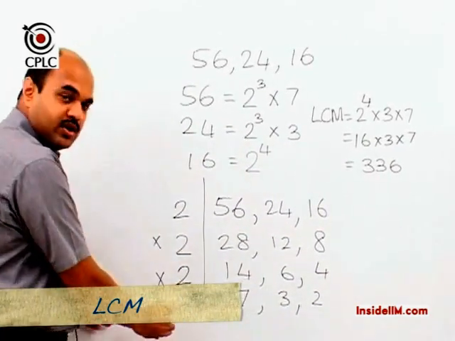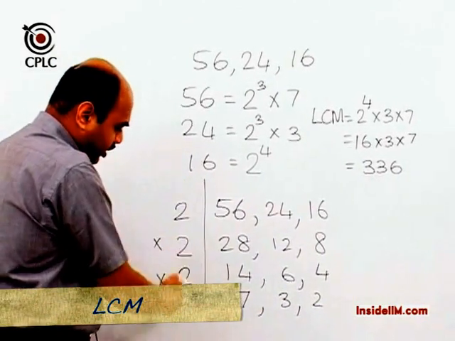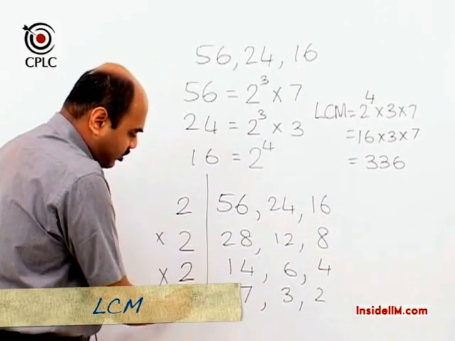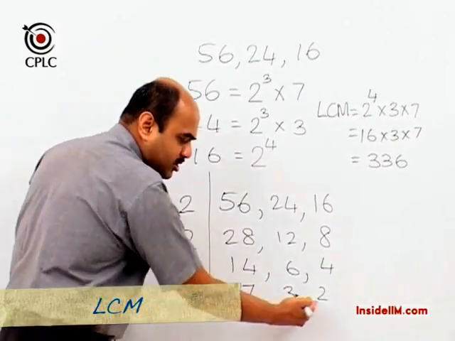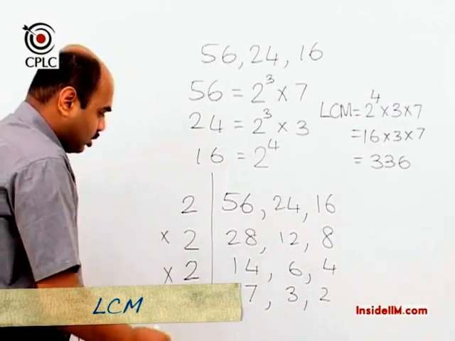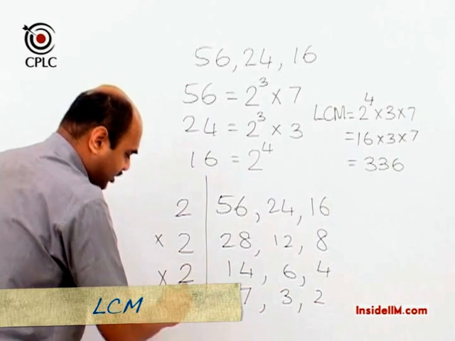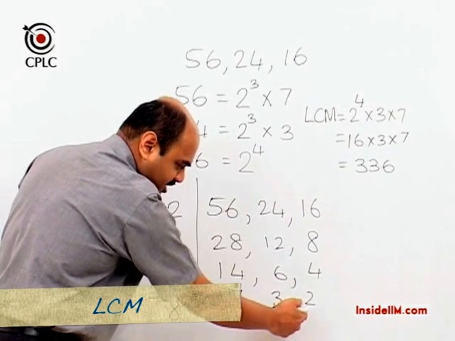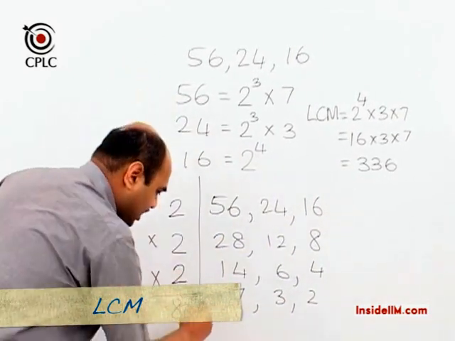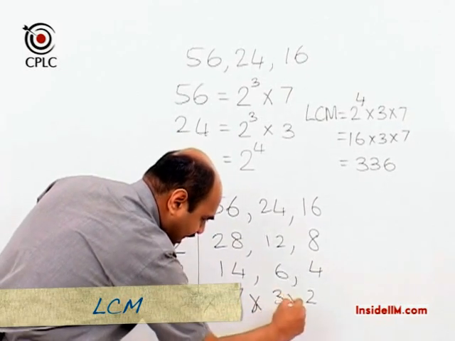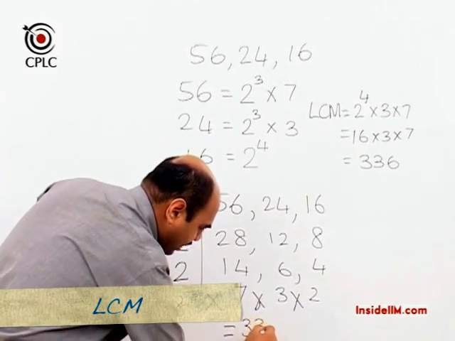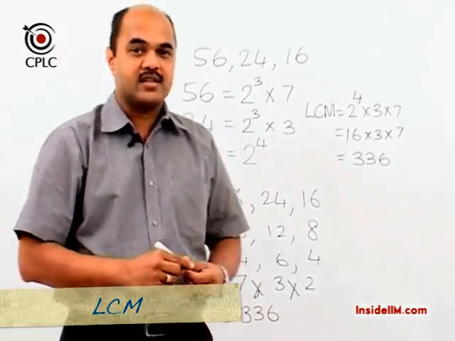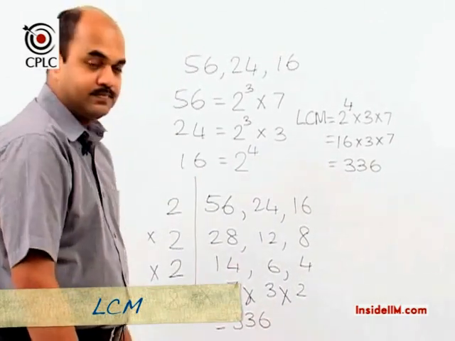If we were to use this method to calculate the LCM, we have gone on up to a stage where we had factors which could divide all the numbers, and now we have reached a stage where there is nothing common here between 7, 3 and 2. So all that we do is we not only take a product of these three, which is 8, but with 8 we consider the remaining numbers out here 7, 3 and 2, and when we multiply 8 by 7 by 3 and by 2, we would end up with the same value for the LCM, which is 336. So once again, there are two ways that we've seen to calculate the LCM.